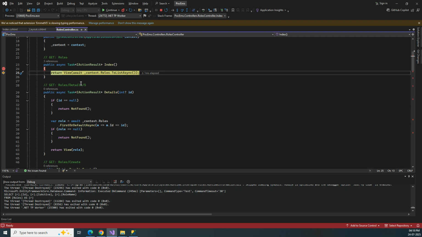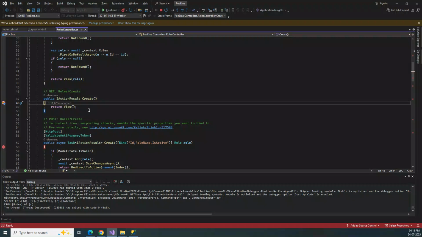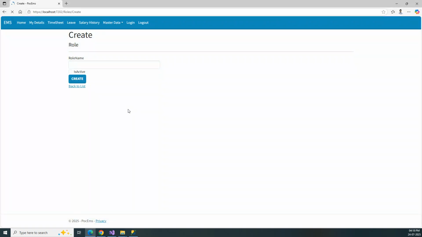So imagine the amount of time we would have taken to go over all this code or write it on our own. We generated it automatically, right? So here we have a nice layout, we have listed the roles, the index is working fine. Let me create new. Okay, so let's say F5. It landed on create